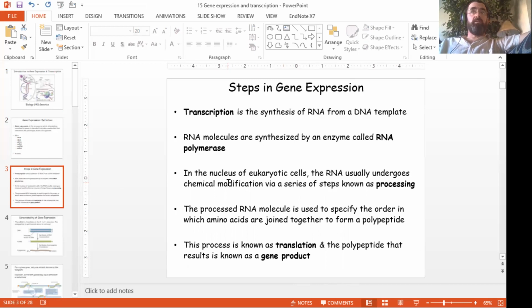In eukaryotes, not prokaryotes, we have RNA processing and then translation. Obviously, in prokaryotes, that's where transcription occurs. And in fact, there's some funky business that happens in prokaryotes, which is particularly important in terms of transcription and translation. And in eukaryotes, translation occurs either in the cytoplasm or in the ER membrane,